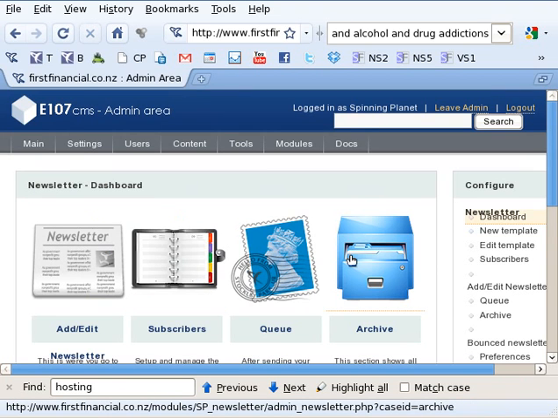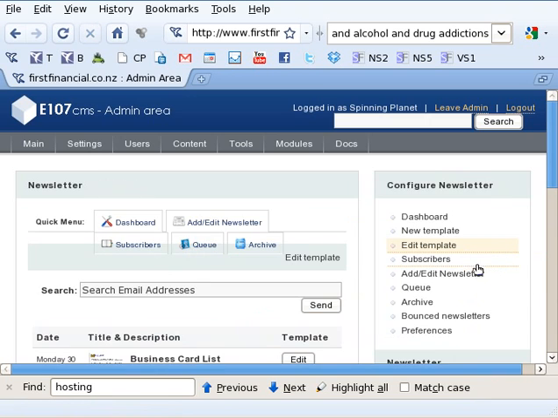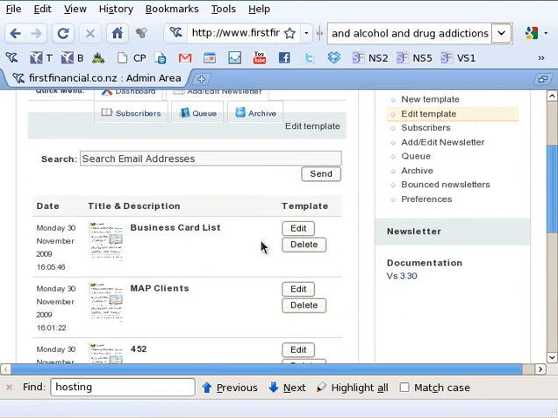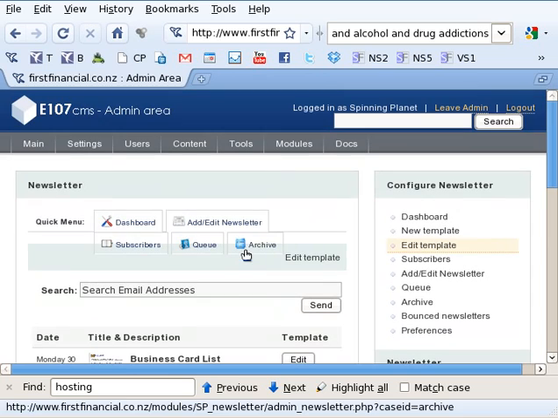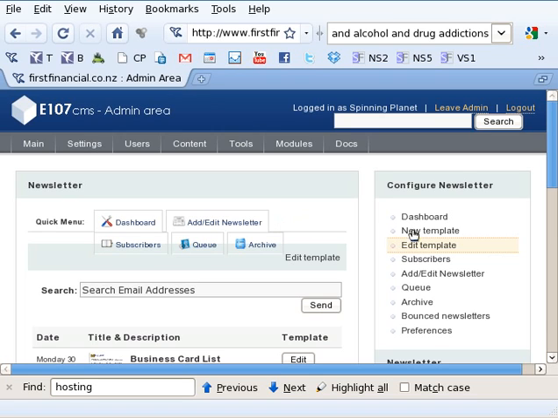Normally, if you've had this set up by us, you've only got one newsletter in there. So if I go Edit Template on the right over here, you'll just see one template. This client has a number of them because they send out to multiple users. So if we wanted to add a new one, or in your terms, it would be a new email list, but in the SP newsletters terms, it's actually a whole new template. So we click New Templates,